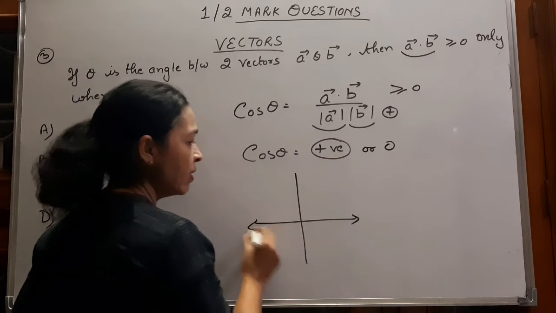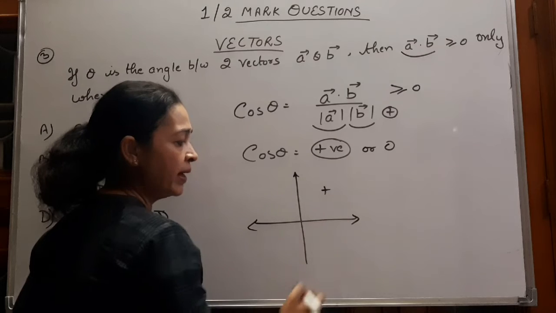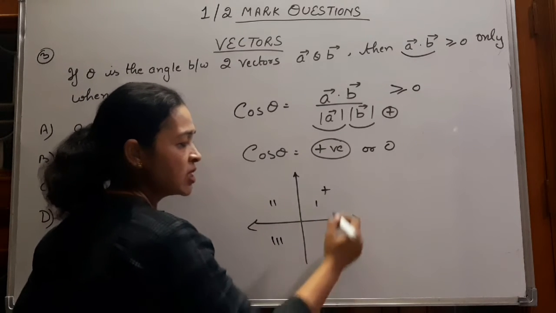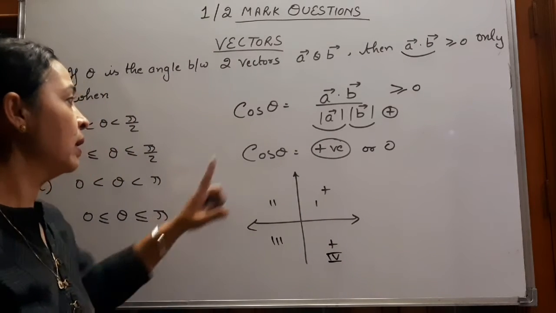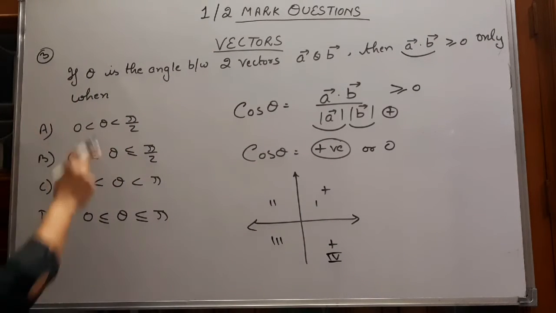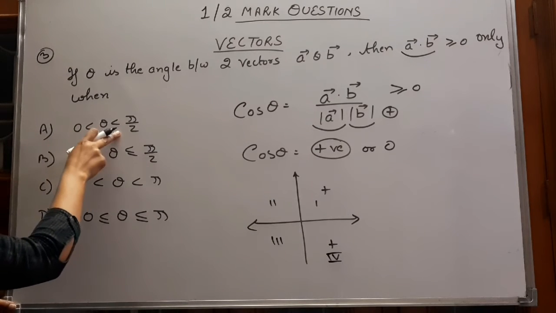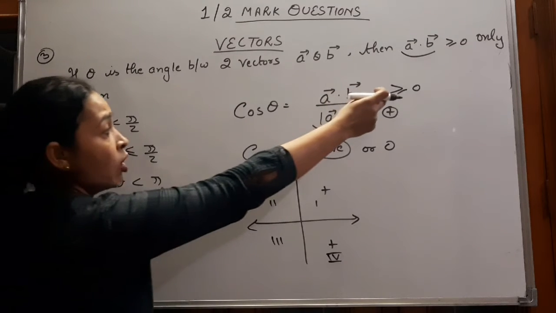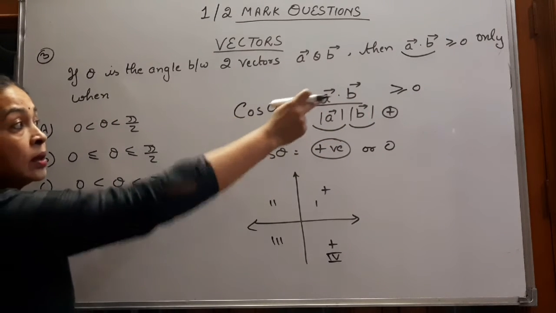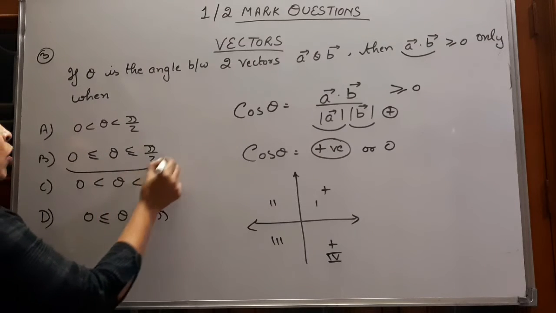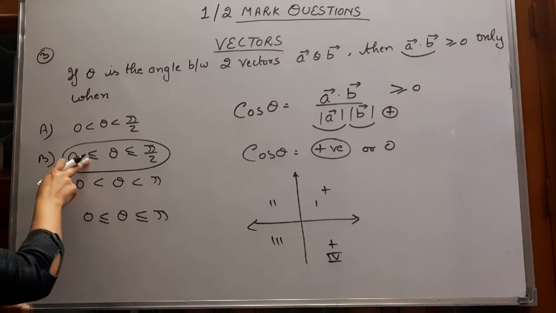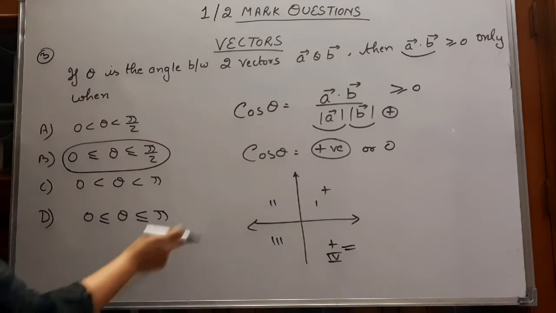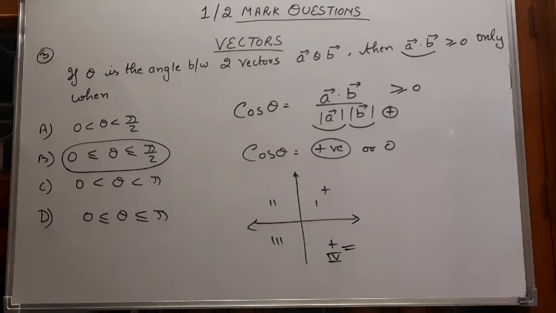Now we have cos positive in the first quadrant and fourth quadrant. This is quadrant 1, 2, 3 and 4. Cos is positive in the first and fourth quadrant. Now for theta, we have 4 options. Theta is greater than and equals to 0 and less than and equals to pi by 2, since A dot B is greater than and equals to 0. Theta is 0 at pi by 2. Therefore option B, theta is greater than and equals to 0 and less than and equals to pi by 2, is our answer, because the fourth quadrant is not given in our options. Therefore option B is our correct option.